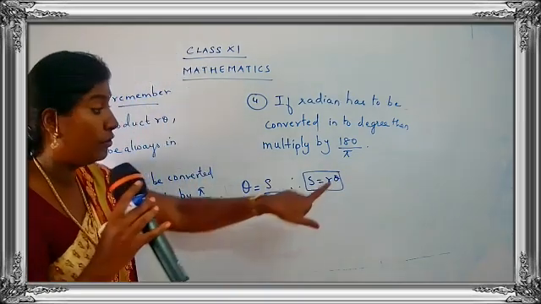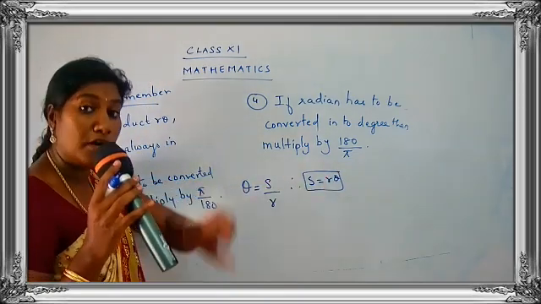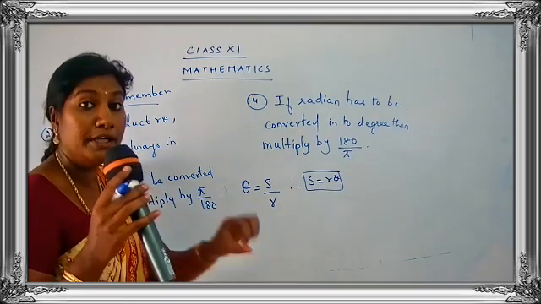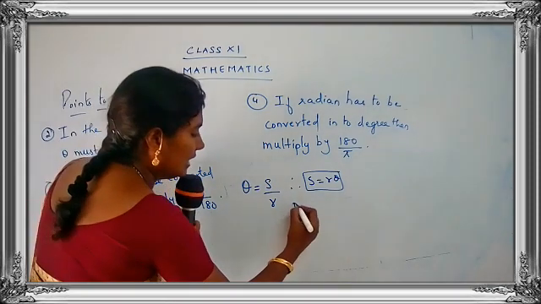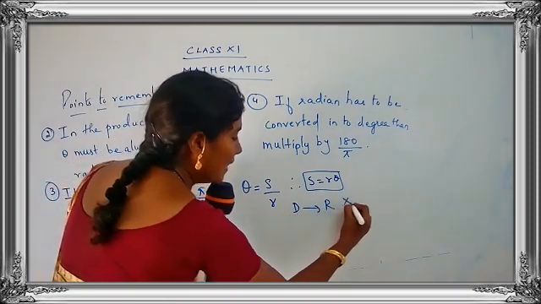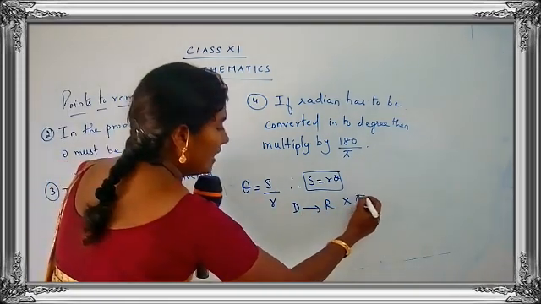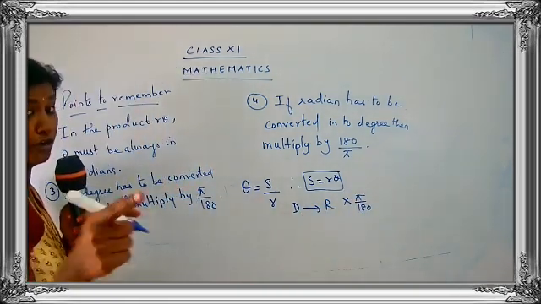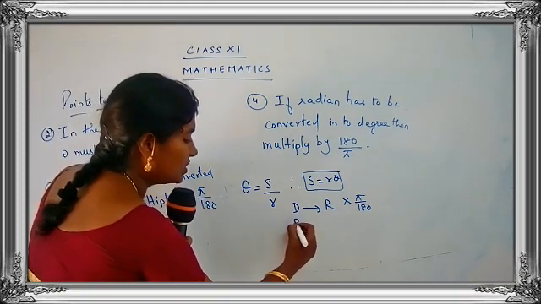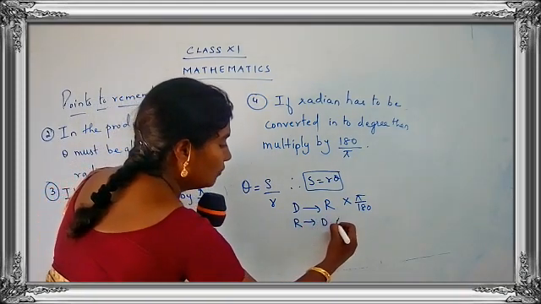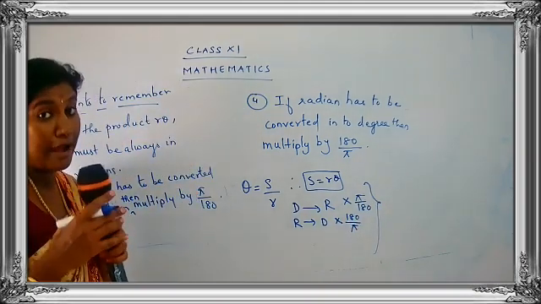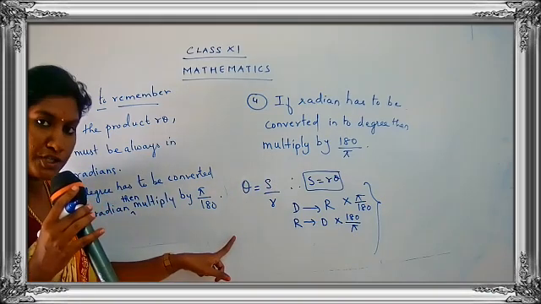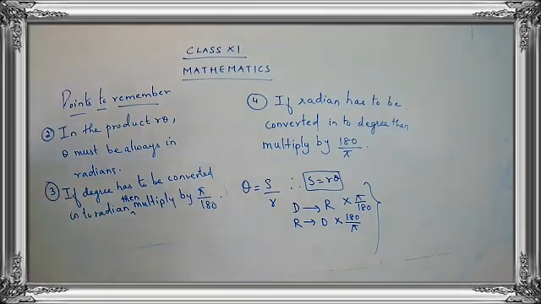And what I have told you, the product R theta will always be in radians. You cannot write the value in terms of degree. The third point is, if you are going to change degree into radian, you have to multiply by pi by 180. Clear? Do not forget this, children. And if you are going to change radian into degree, you are going to multiply by 180 upon pi. So these are the important points you have to remember. Are you clear with all the 4 points, children? Okay, good. Come on, let's move to exercise 3.2.